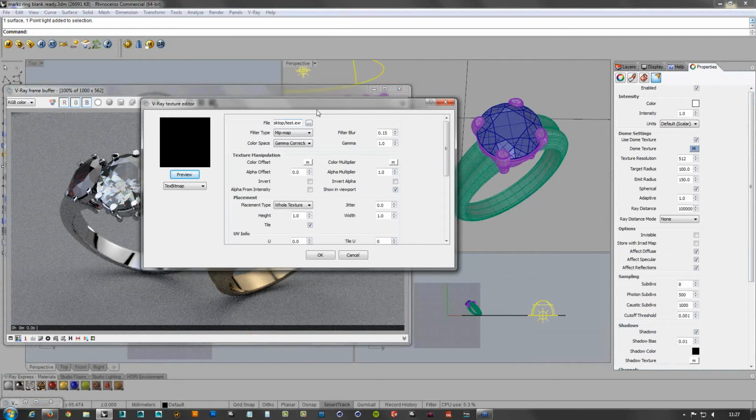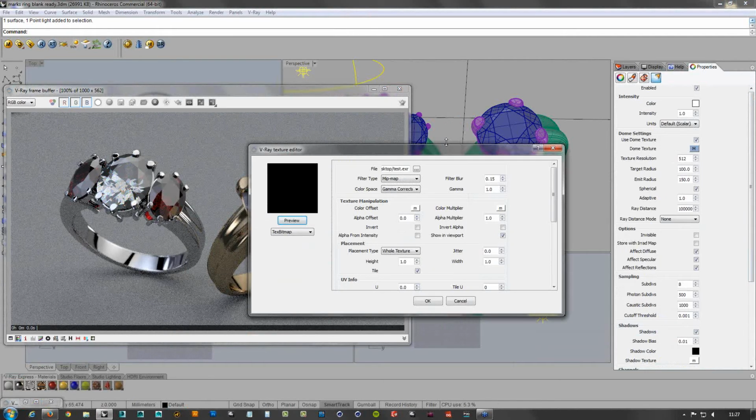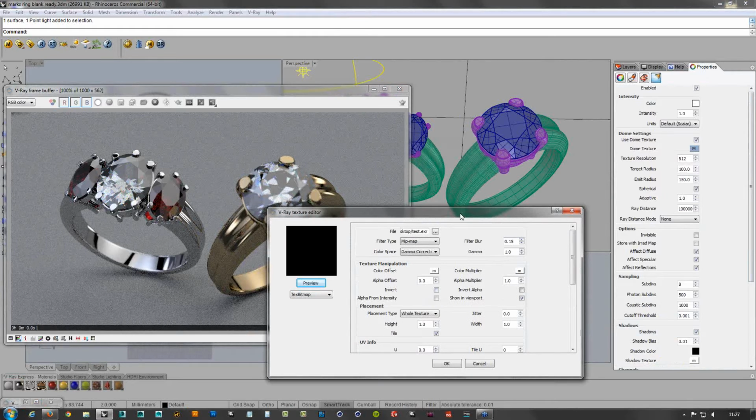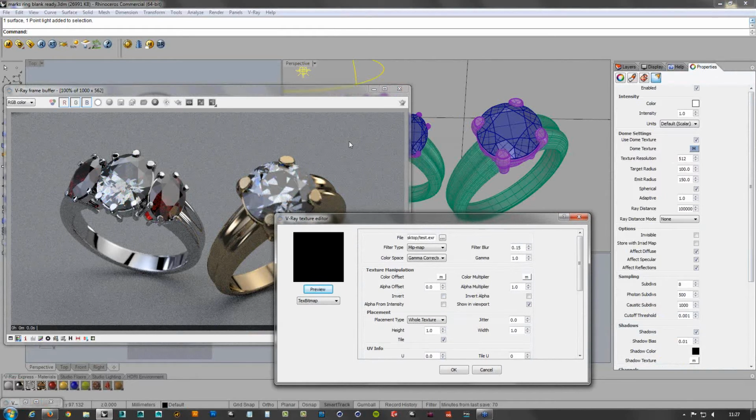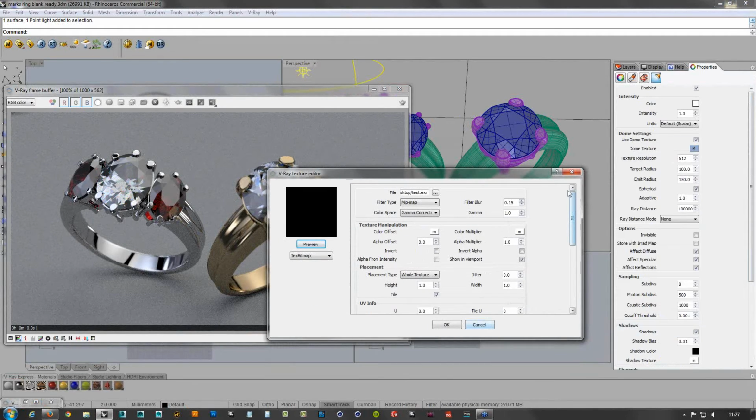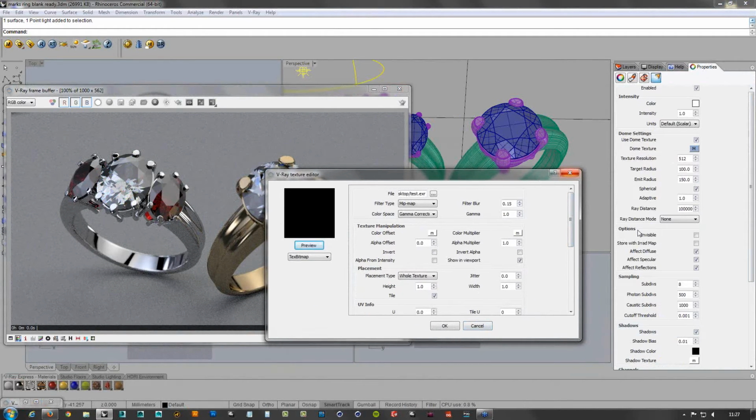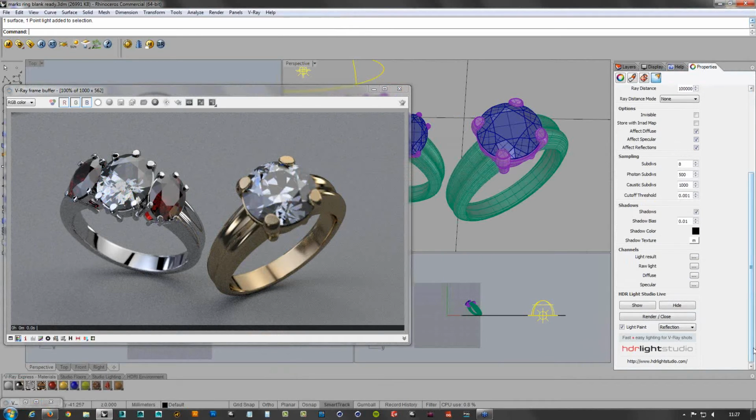So I could now save this scene. I could give it to, say, anybody else in the studio. They would be able to render it because now it's just pointing at a normal HDR map. It's totally standard. The really great thing is if I come back to this scene and I want to make a few changes to that lighting, if I show HDR Light Studio again,